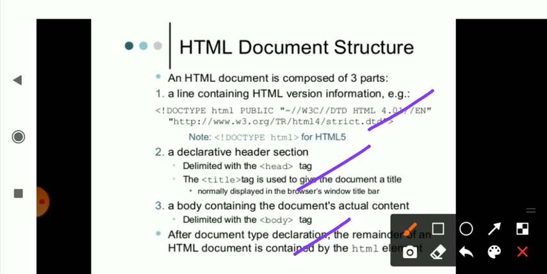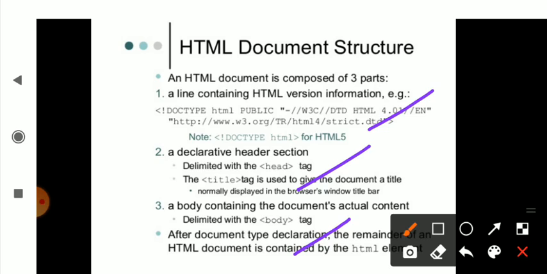So in today's session, you have to learn about the syntax part, how it is used, and what the documentation section consists of. The document structure part mentions how the whole document is divided.